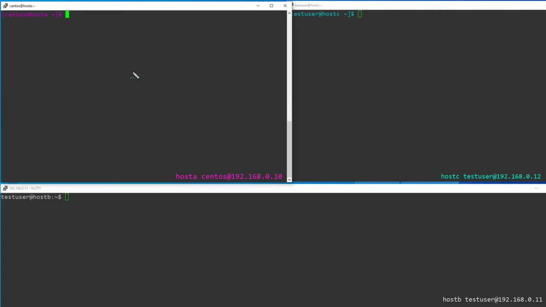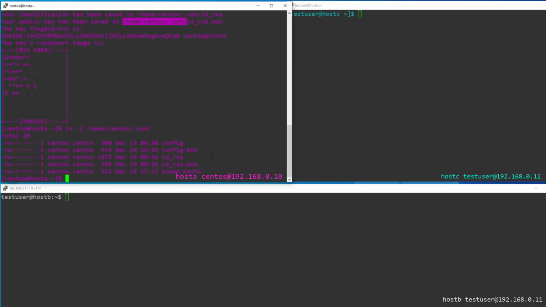To simplify the password-based authentication, I am going to create passwordless authentication from host A to host B. For that I am using ssh-keygen. It will ask me to hit enter, so I am keeping everything default. Once it is done, the keys are kept under this location and we can validate that. So both the keys have been generated.